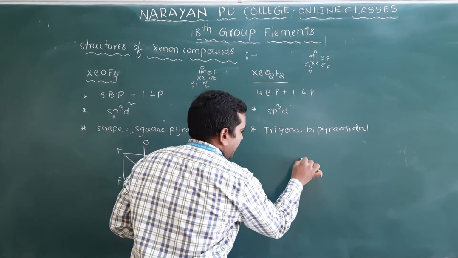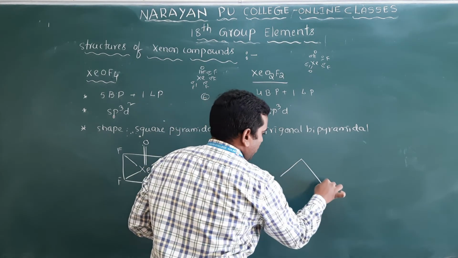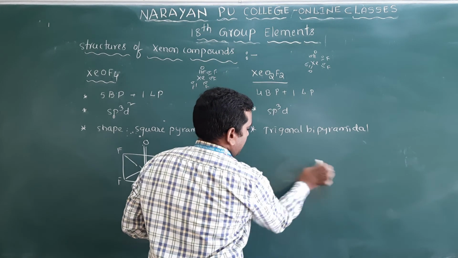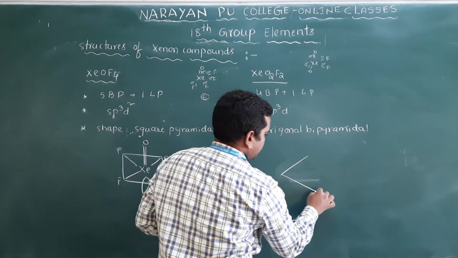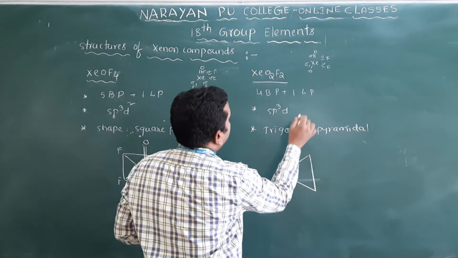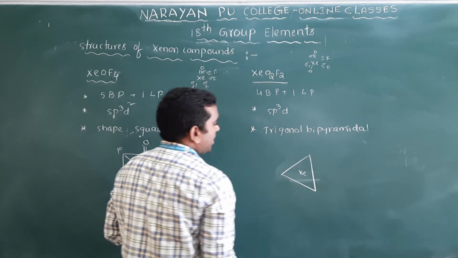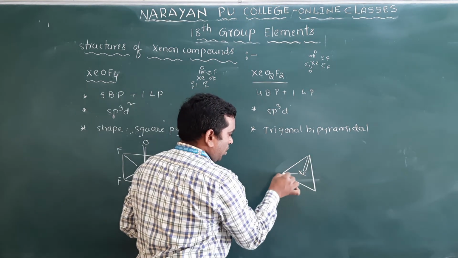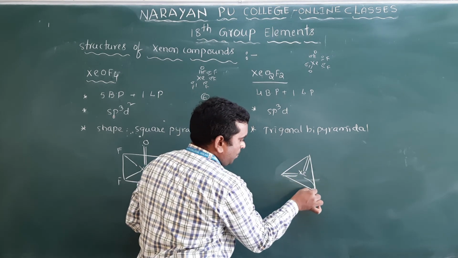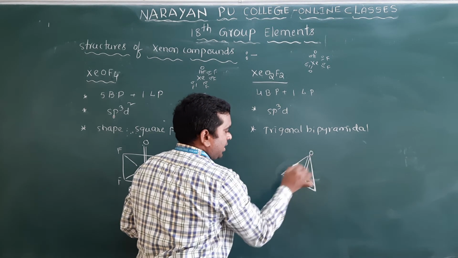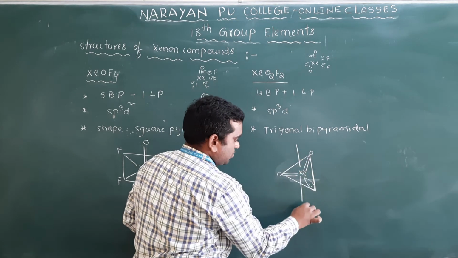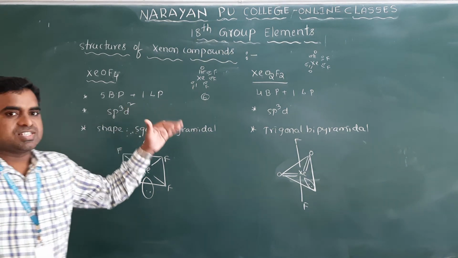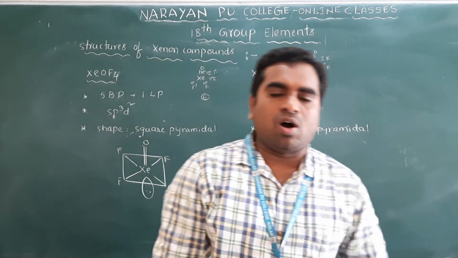Clear? Means if I take here trigonal, clear? So this is a triangle, and this is the triangle, clear? If I take here xenon, so xenon, and there will be two oxygens here, and there will be one lone pair here, and here are fluorine and fluorine. So this is about the trigonal bipyramidal shape, and this is about the structures of